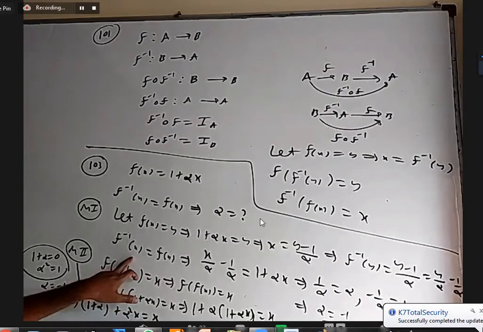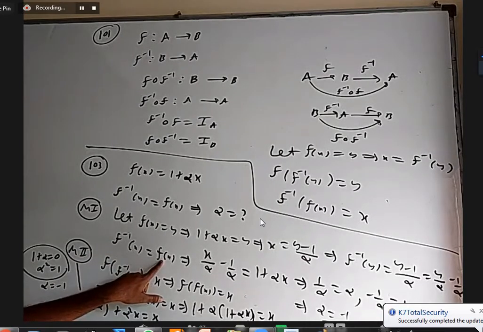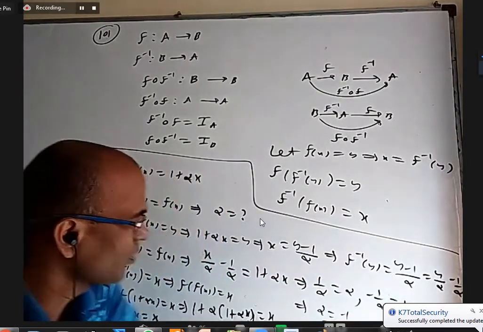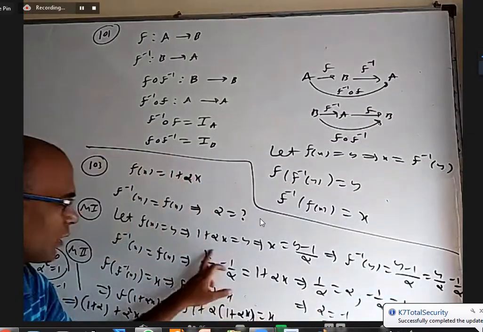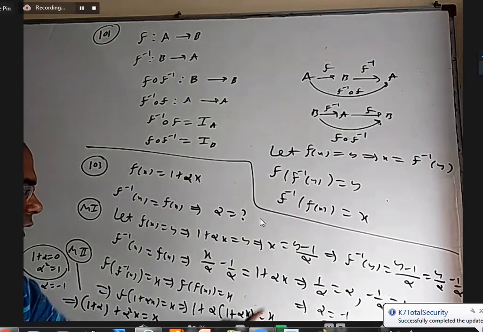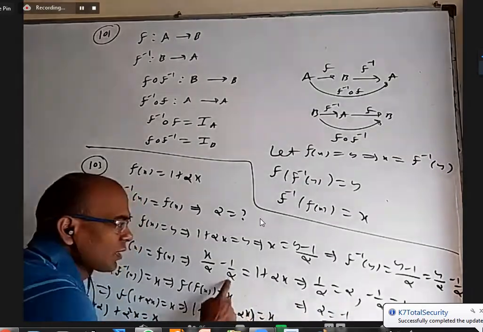Oh, the second line. They gave that in the question. They said f inverse x and f of x are the same. Okay. I found f inverse y is this. So what will f inverse x be? Wherever y is there, write x. That's how I got this. This is f inverse x. This is f of x. After that, I have to equate x. I equated x coefficients, that is this equation, and constants, that is this equation.